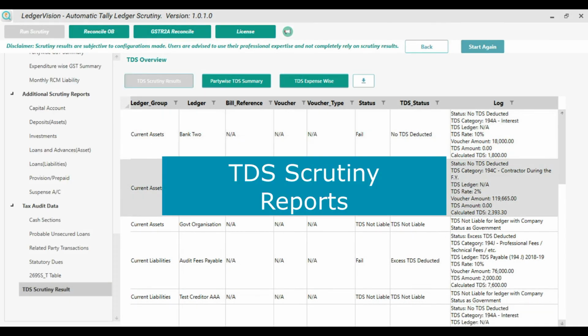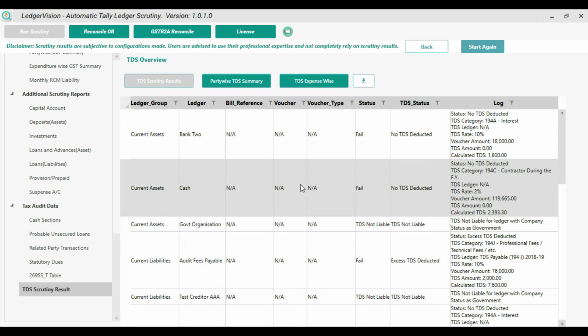So this is the scrutiny of TDS, and there are 10 instances from where TDS is captured. One is amount paid or payable to creditor, then advance paid to creditor. We have seen in many cases debtors are treated as creditors also. So only one ledger is opened which is kept under debtors, and it is treated as debtor as well as creditor. So if any amount is paid to a debtor and if there is TDS applicability, Ledger Visions captures that instance also. Then direct cash payment, direct bank or OD payments are there.